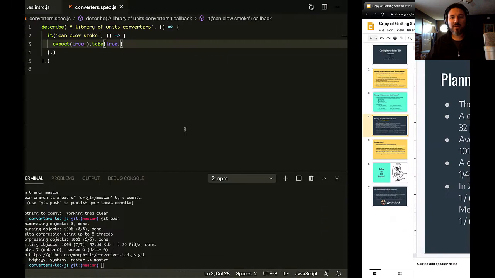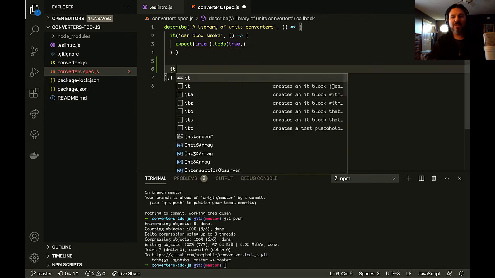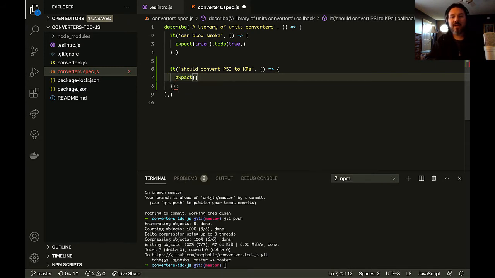So let's go back to our code and let's go down, open up a couple of lines here, and we're going to write a failing test. So if I type it and hit enter, then the Jest snippets will add an it block, right? And think about this in terms of sentences where the beginning of the sentence is up here. A library of units converters, and you could say should be able to, or should convert PSI to kilopascals, right? And down inside of here, then we are going to expect that a function,